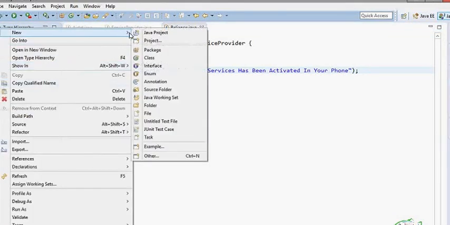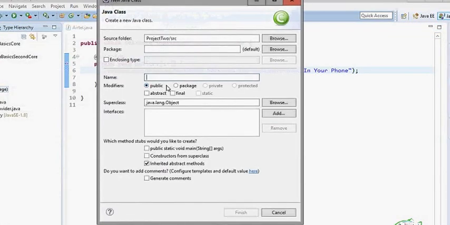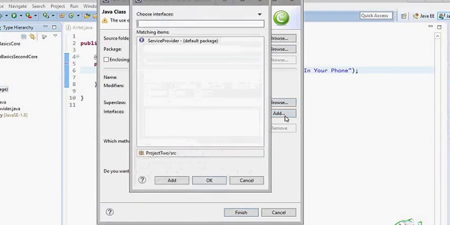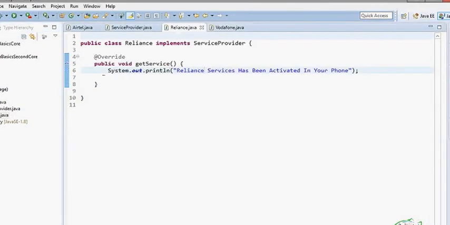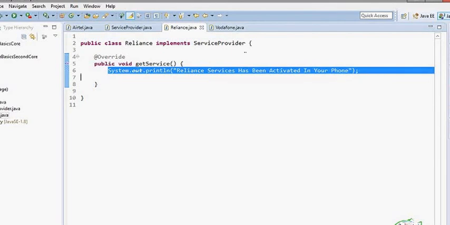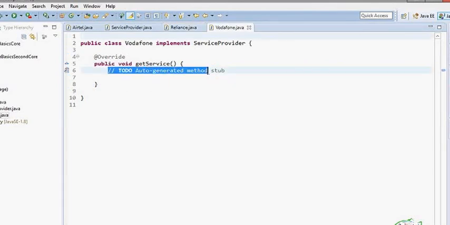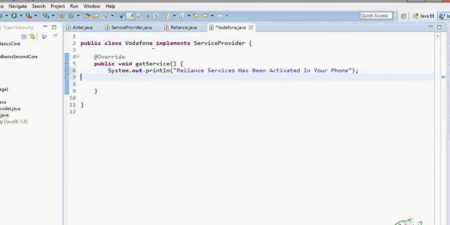Now we will create one more class, and the name of the class is Vodafone. This class will also implement the service provider interface. It also has only one print statement: the Vodafone services have been activated on your phone.